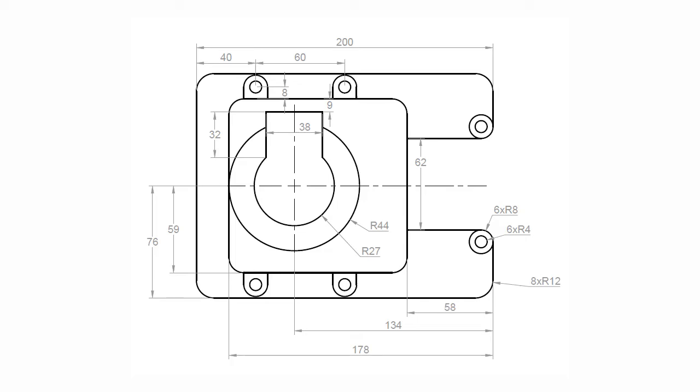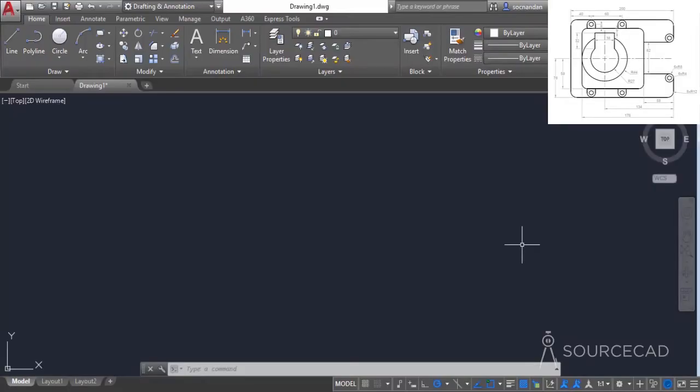In this video, I'll make a simple practice drawing, and to make this drawing we only need to use some of the very basic tools like line, rectangle and circle. So let's just start with the rectangle tool, and for that go to the draw panel and click on this